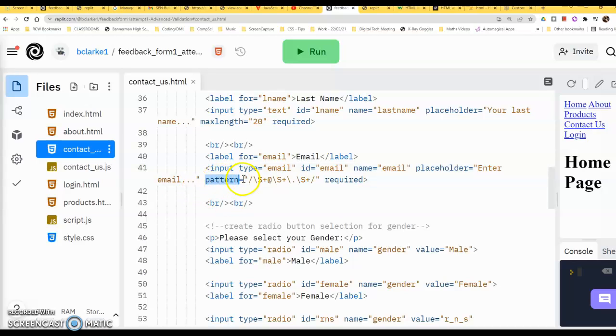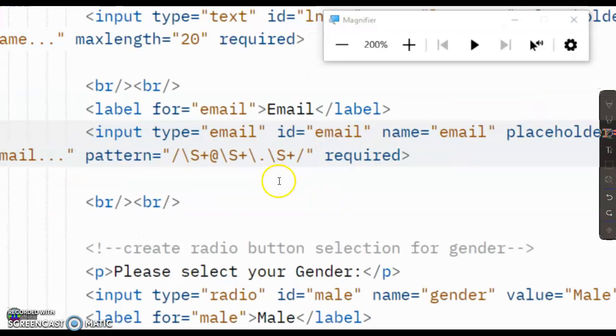attribute, and the pattern attribute will specify the way that we want it. Now this isn't going to work for the moment. We need to do a little bit of JavaScript as well to help with this, but what this is saying is, ignore this first one, this is an escape character, the first one, but this is saying here that this has to be some string before an at